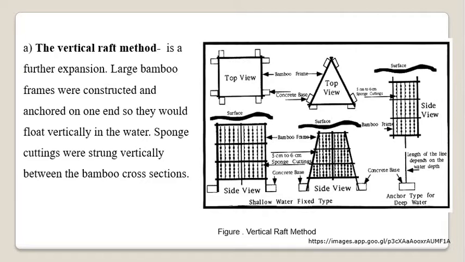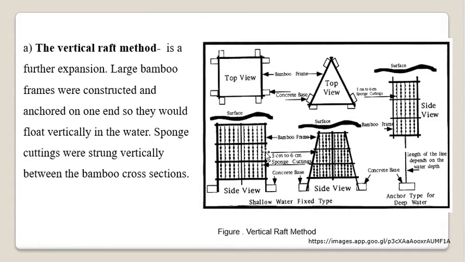Now in the vertical raft method, it is the further expansion of the floating disc method actually, and the larger sized bamboo frames were constructed and anchored on one end so that they could float vertically in the water. Here you can see this larger sized bamboo frame is anchored to the solid concrete base, and that solid concrete base is settled down on the bottom of the ocean. And this frame is hanging vertically, to which small strings have been attached. Number of such strings have been attached, and to each string